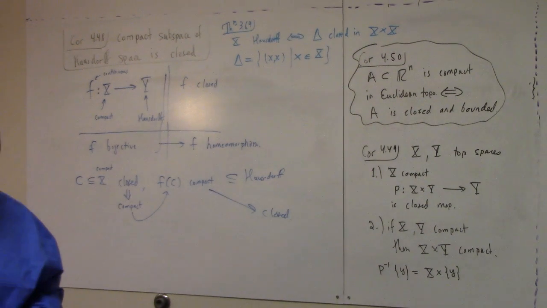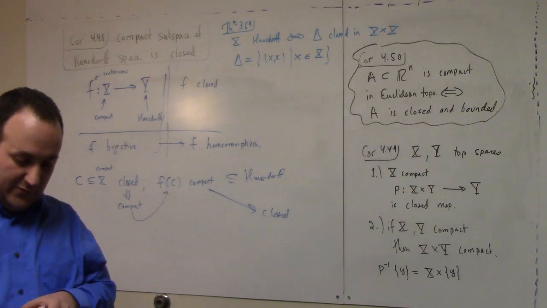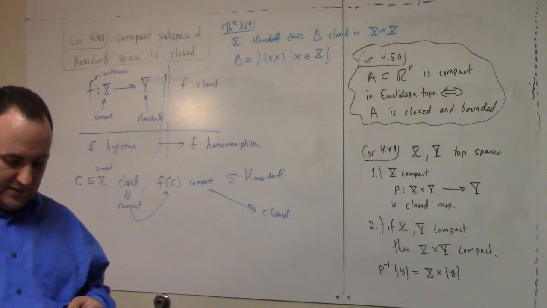So, all right, that brings us to the end of 4.5. Section 4.6 is on topological groups, and then section